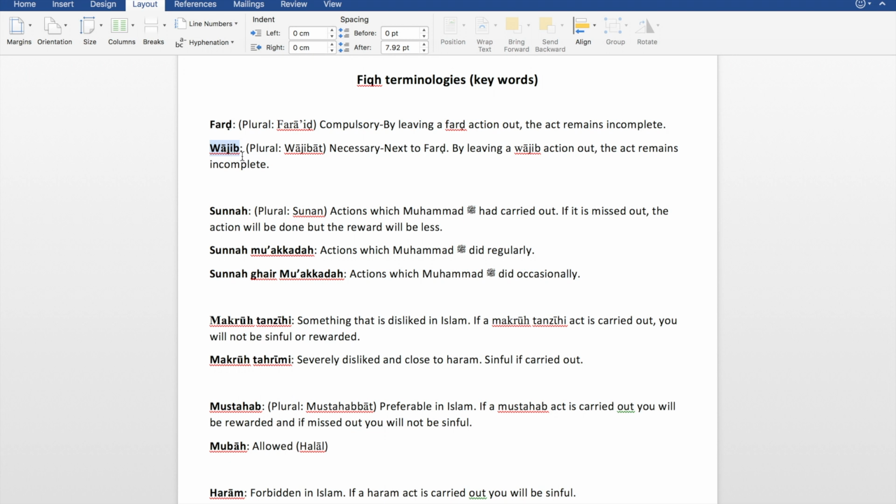That's the difference. Like for example, the witr salah after Isha. We say no, it's necessary, you have to do it. If you don't do it, you'll be sinful. Whereas Imam Shafi'i, according to him, it is sunnah mu'akkada. So he doesn't put it on the same level as fard. He puts it one level down. Although, you still have to do it according to him. It's not that you don't have to do it. But he just puts it one level down because of the evidences which are in front of him.